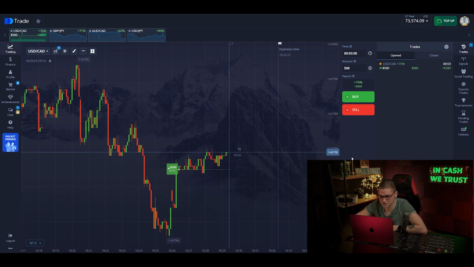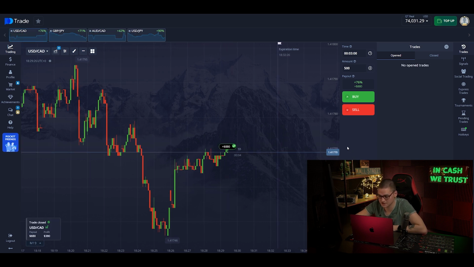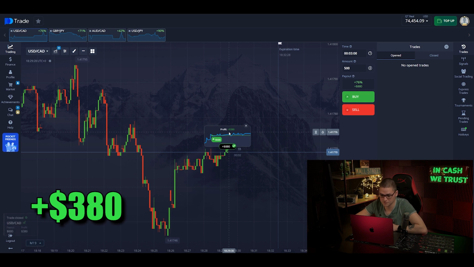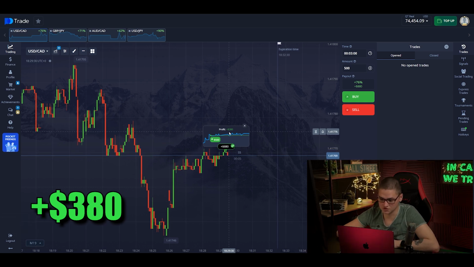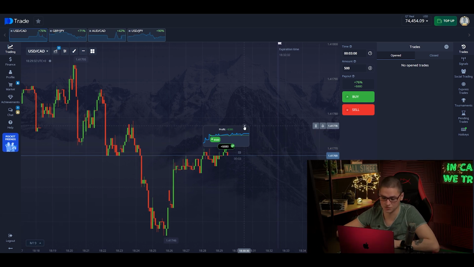In the meantime, the position closes in the green, bringing us $380. There wasn't a strong upward movement. And, in my opinion, it's more of a stroke of luck that we were able to close the trade with a profit. Friends, we made